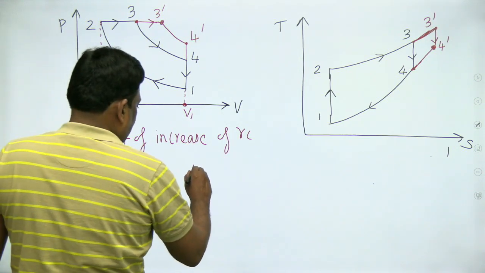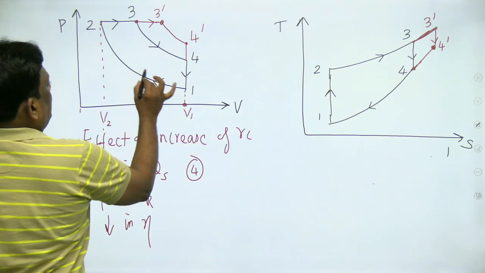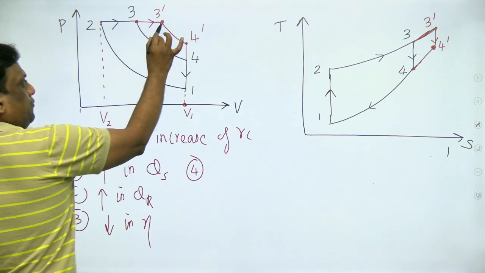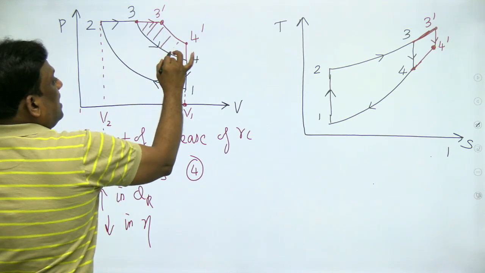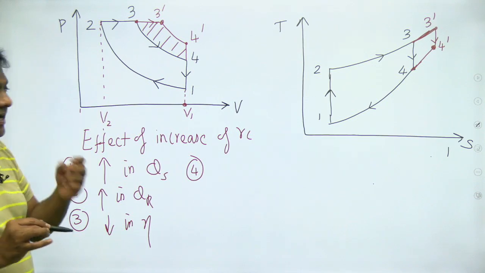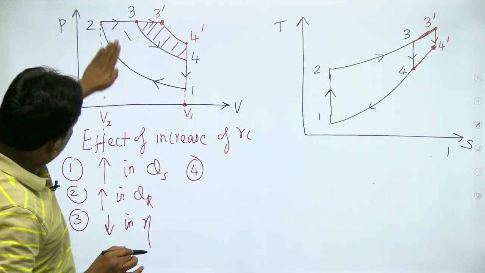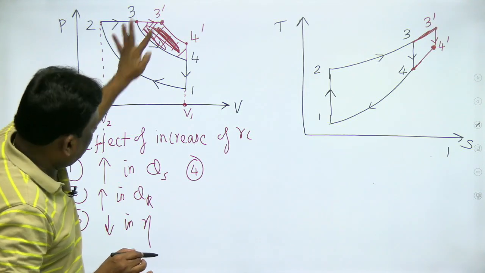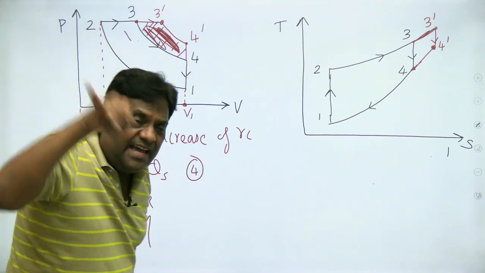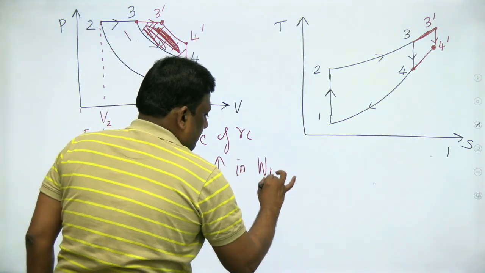Then fourth, my dear students, see the beauty here. What is happening to the network? The original network is the black closed area. The new network is definitely increasing. Therefore, this is the extra increase in closed area. So this is the original closed area, that is the network. Now this is the new network. So I can say that there is an increase in network, as the closed area is increasing.